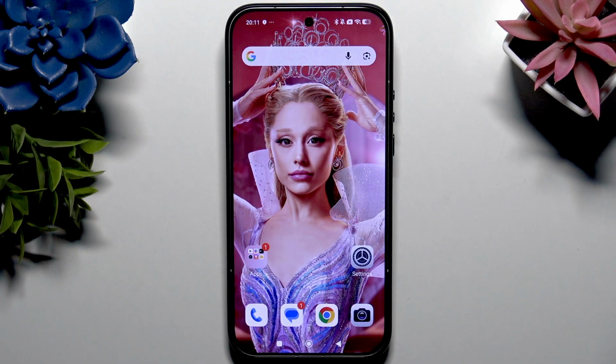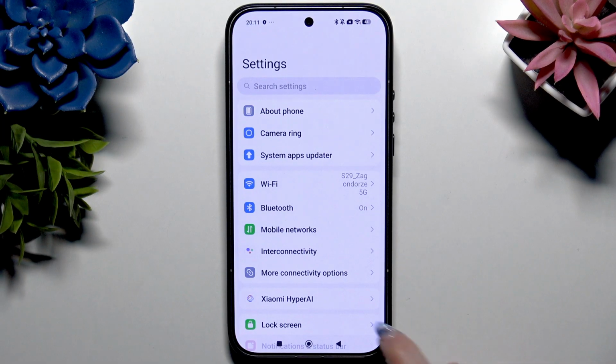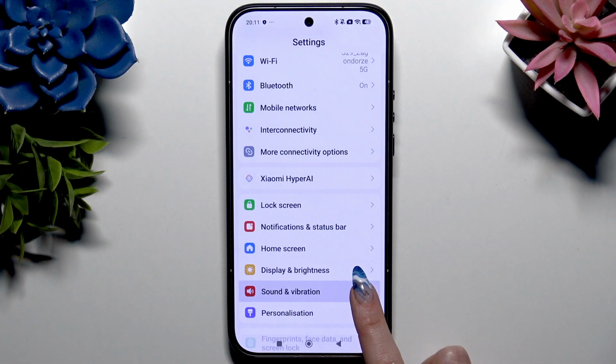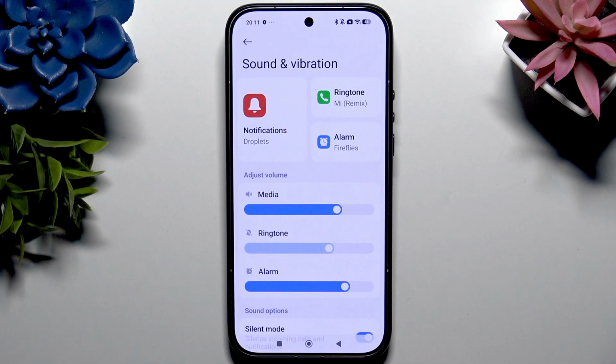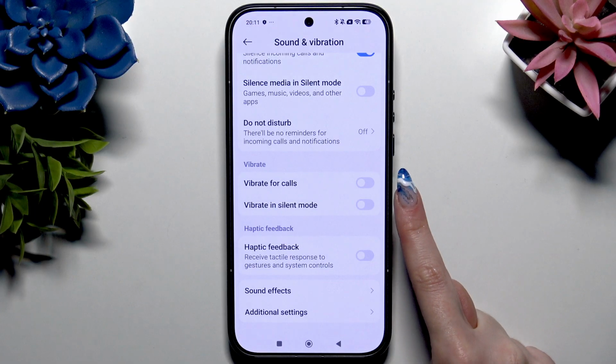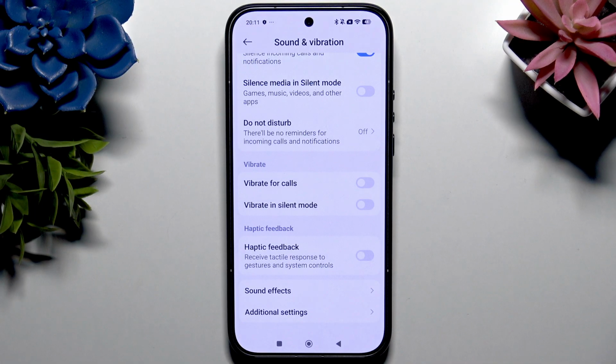Begin by opening Device Settings and scrolling a tiny bit to tap on Sound and Vibration. Then scroll again and begin by clicking on this switcher next to Vibrate for calls to enable or disable incoming calls